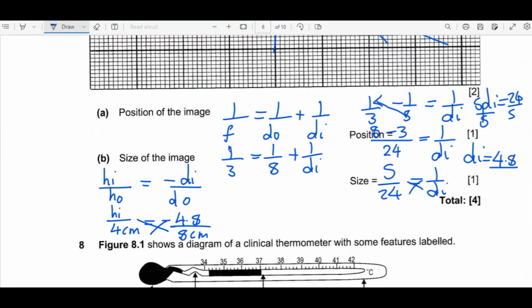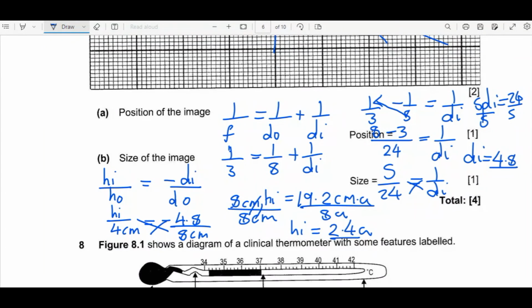Then we cross multiply. So 8 centimeters times HI is equal to 4.8 multiplied by 4, getting 19.2. So this divided by 8, getting 2.4